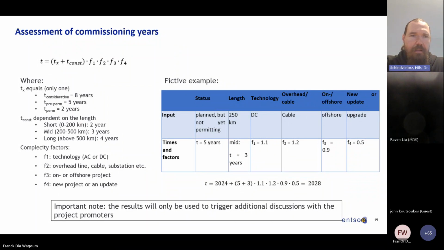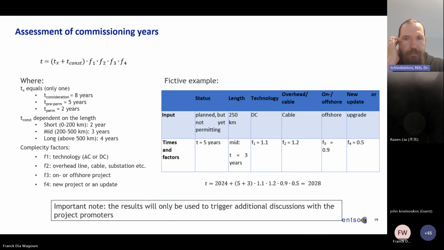And what I wanted to show you, but given the time, I will just run very briefly through, is an example, but you can also find this in the implementation guidelines. If you look at the table now, the status is planned but not yet in permitting. We have defined this as 5 years, with a length of 500 kilometers, which gives 3 years, and it's a DC project, which gives a factor of 1.1. It's a cable, 1.2, and it's offshore, which makes it a little bit easier